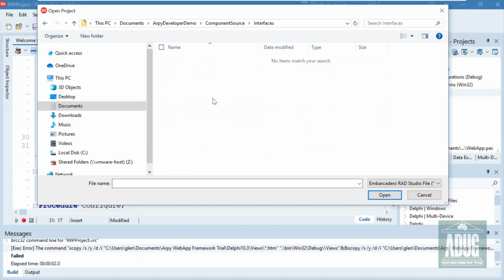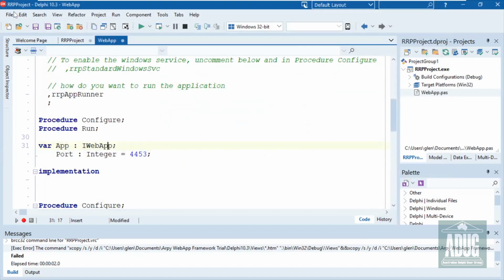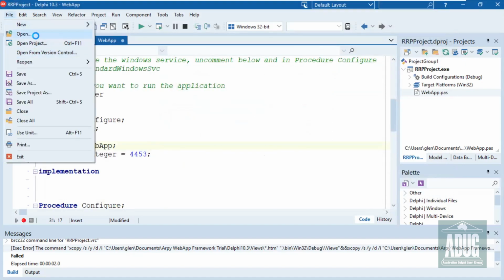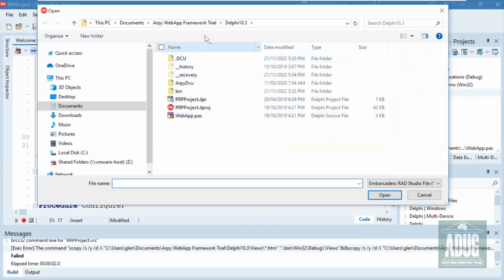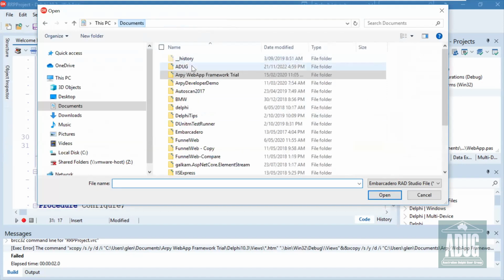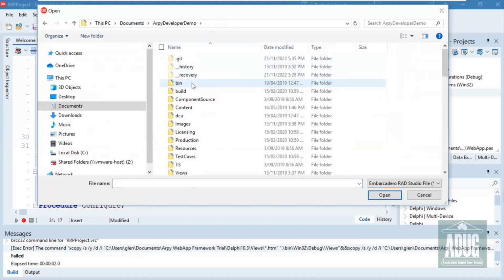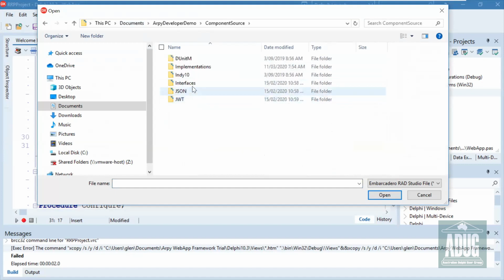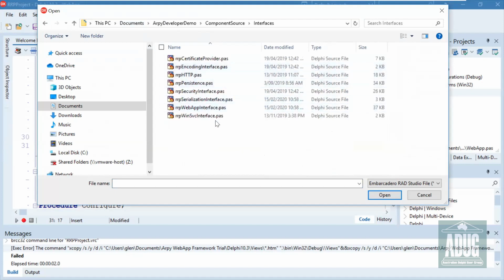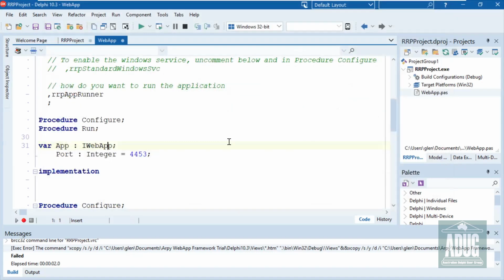And is there anything in there? Did I open project? Idiot I am. I just meant open. Component source interfaces. That's better, thank you. So HTTP, and if I go to this interface,